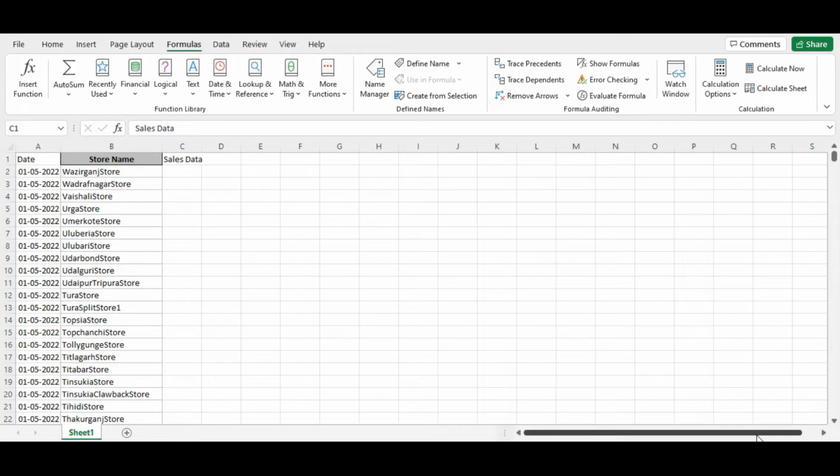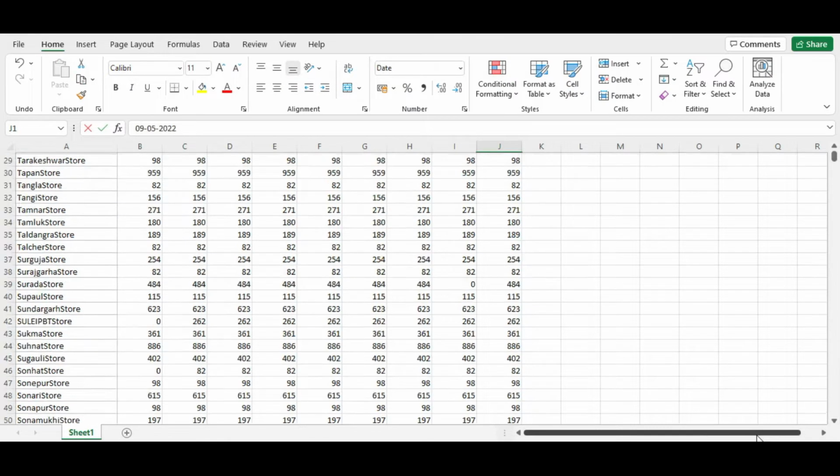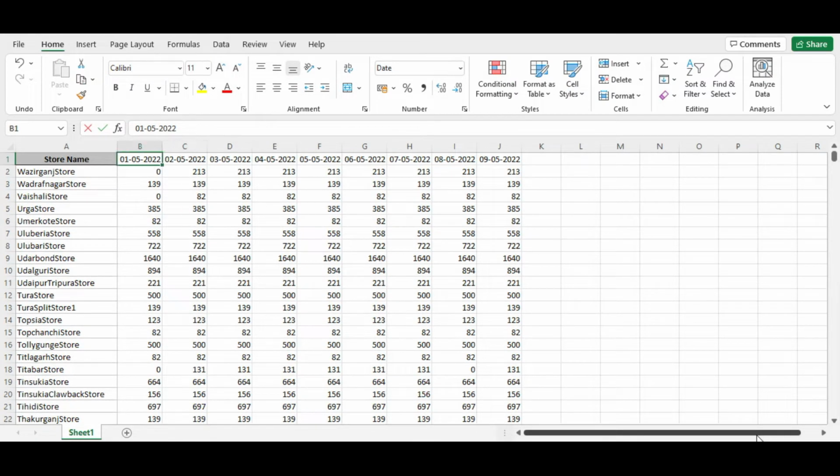In real life you will get this kind of situation where data will be arranged like this. Suppose I have a store name and this is sales data which is arranged in this way. When the data is arranged this way, we are not able to do analysis or use the analysis tool, the pivot. We do not have the flexibility. So people will ask you to arrange the data